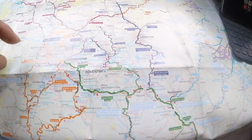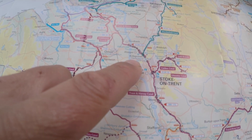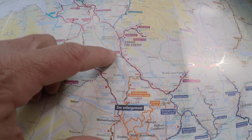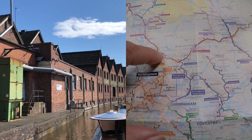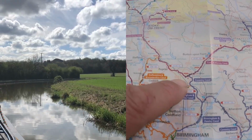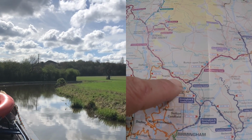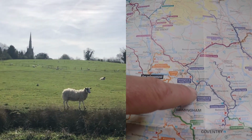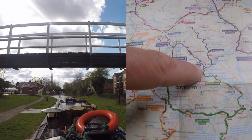When we left you last time, we would have been coming out of the Harecastle tunnel. From this point we were backtracking the Trent and Mersey through the lovely town of Stone, all the way down until we got to Fradley Junction, which is pretty much the area we started our journey over a year ago, onto the Coventry Canal, through our watery home away from home, Fazeley,